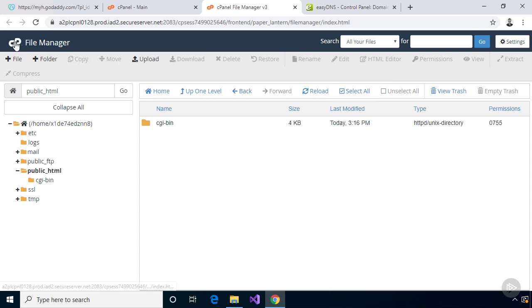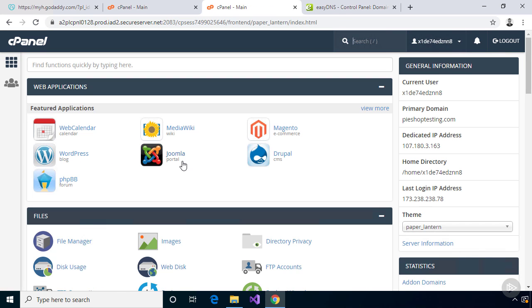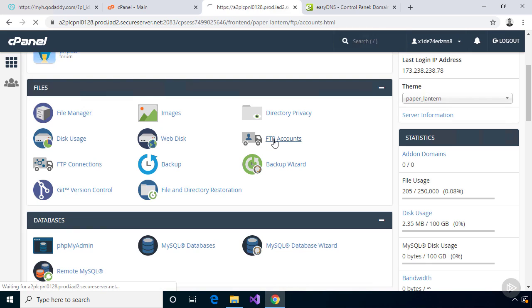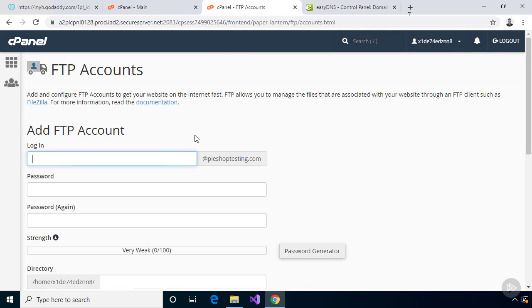Let's go to the home page of the administration console, and let's scroll down to FTP accounts. We need to create an FTP account in order to access that service from a client application on our computer. I'll use my name as the username, and this is formatted like an email address with the domain name we specified when setting up the web hosting account in the previous clip. So the full FTP user account name will be